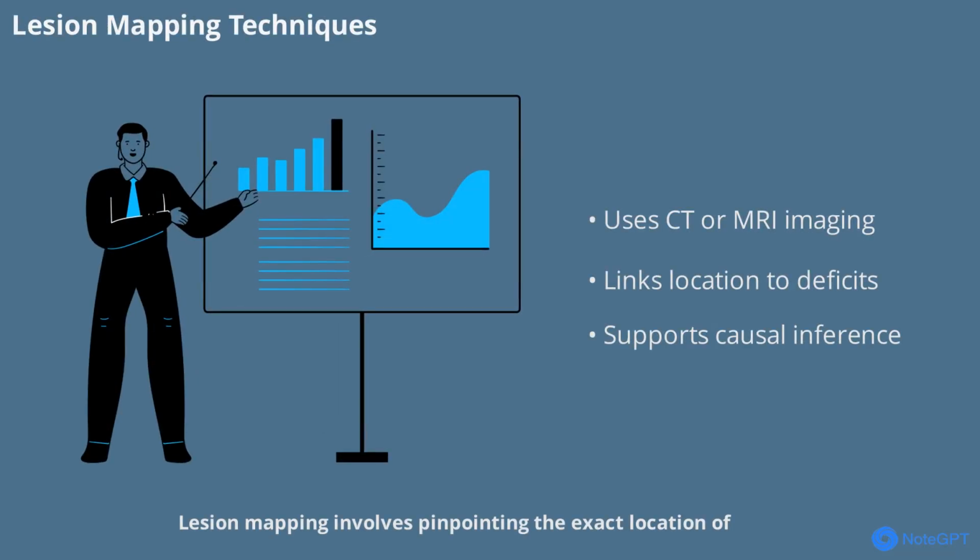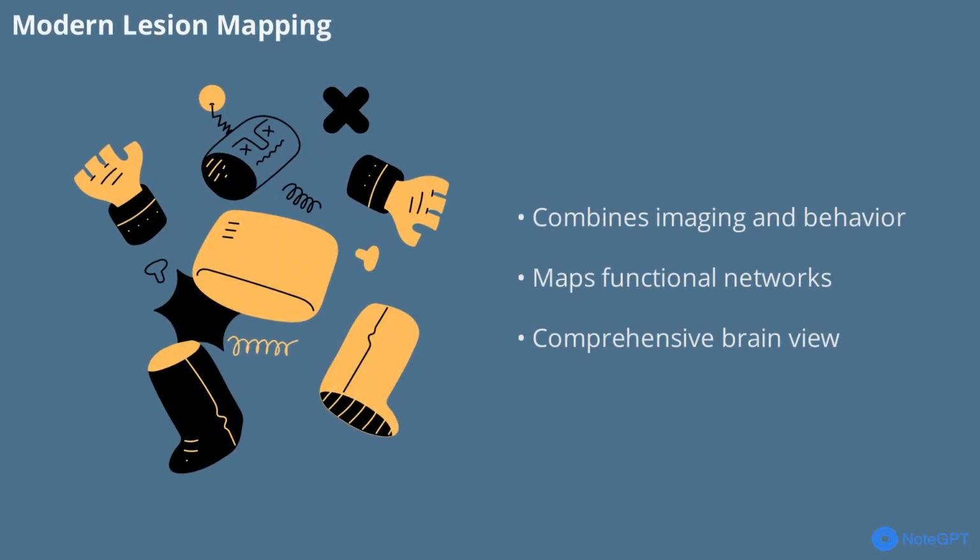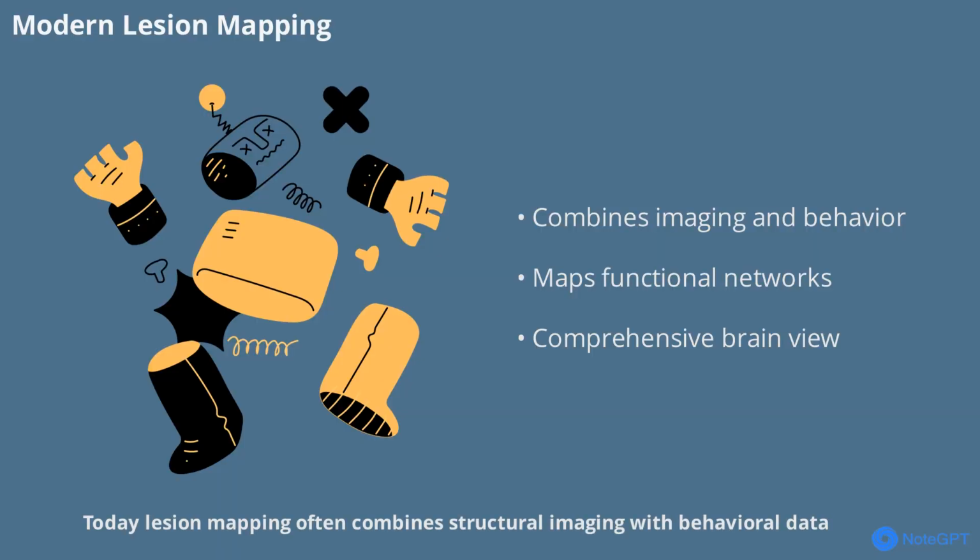Lesion mapping involves pinpointing the exact location of brain damage using imaging techniques like CT or MRI. By relating these locations to observed deficits, researchers can identify which brain regions are necessary for specific functions. Lesion mapping allows for comparisons across patients with similar impairments and supports causal, rather than merely correlational, conclusions about brain-behavior relationships. Today, lesion mapping often combines structural imaging with behavioral data to map out functionally relevant networks in the